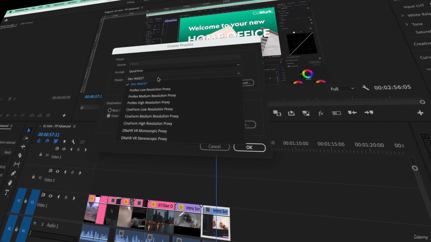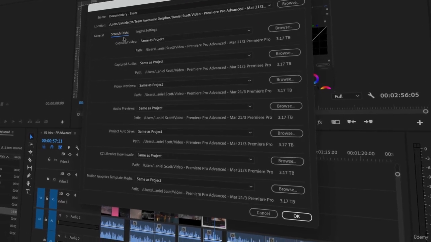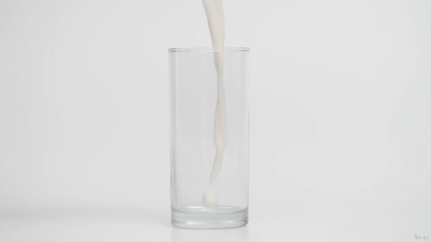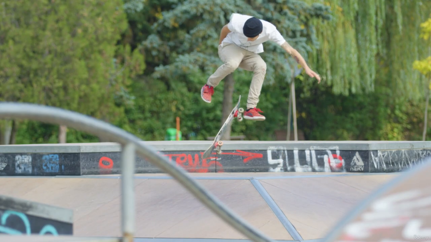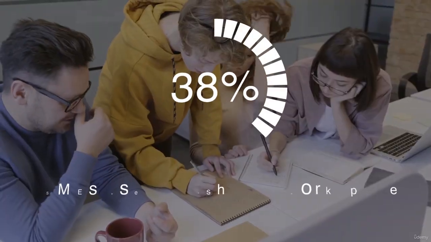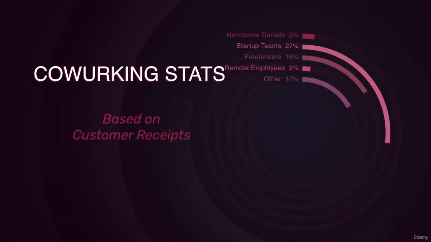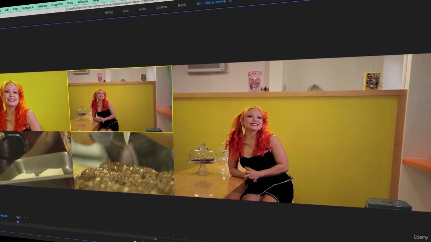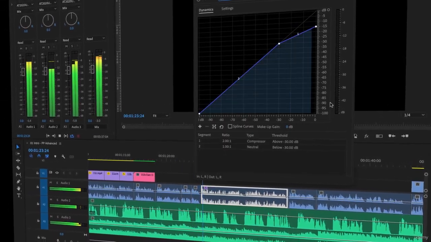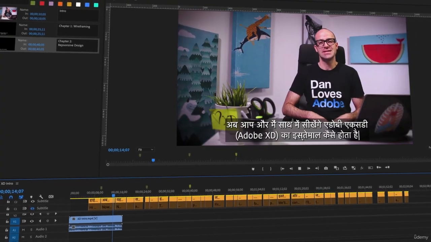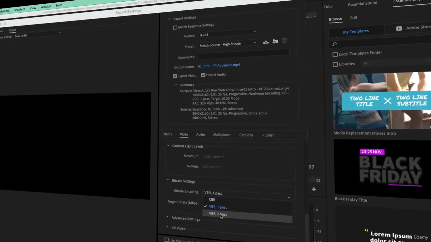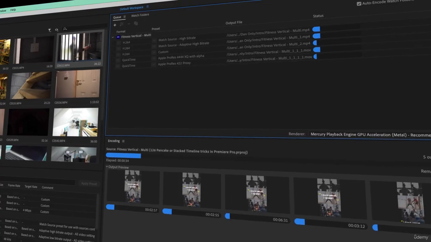We'll get your computer running super speedy with proxies, scratch disks, and cache management. You'll master high frame rate footage so that you can get spectacular slow motion. You'll easily create high quality professional motion graphics and data-driven infographics. And multicam editing will be a breeze. You'll learn amazing ways to clean up your audio, removing hiss, noise, and echo, plus markers, subtitles, plugins. And lastly, you'll learn all the tricks and settings to get the most from your rendering in both Premiere Pro